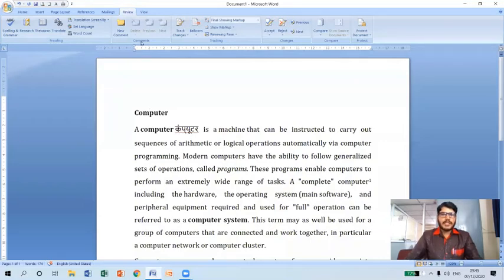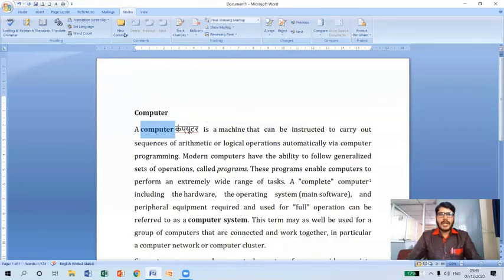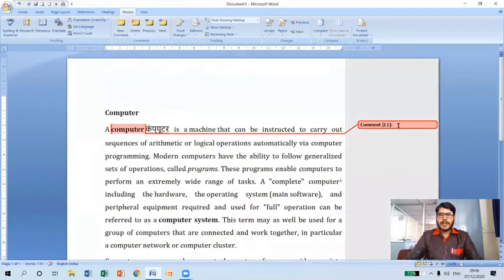Sometimes I need to include a comment line for a particular word. Assume that I'm going to include a comment line for the keyword computer here. So I select this particular word, and I can include a comment line by using the Insert Comment option, which is available in the Comments group. If I click on this, you can see a balloon appears here, and it has marked